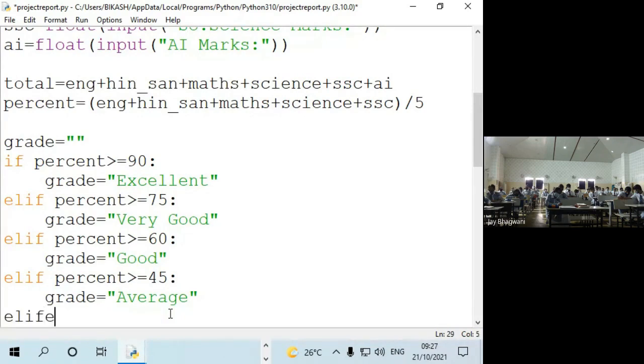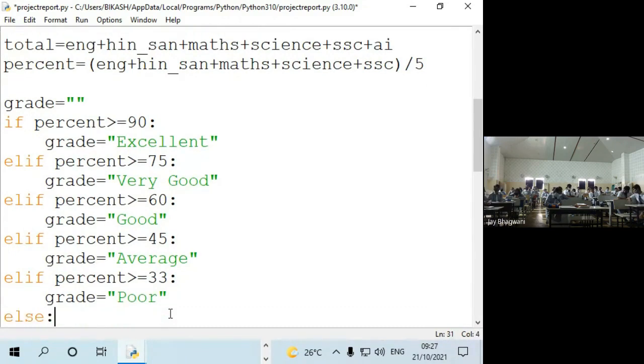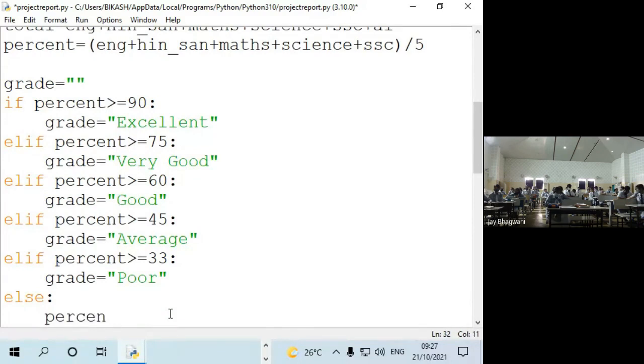And elif percent is greater than or equal to 33, or simply poor performance I can give. And last, let me show the grade is equal to fail. Because if any student is getting less than 33%, then I will show the grade as fail. So now I have taken the values.